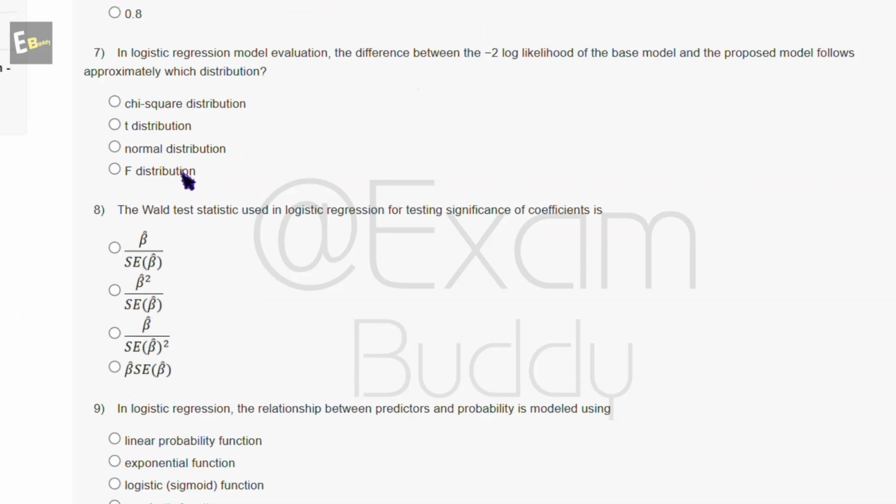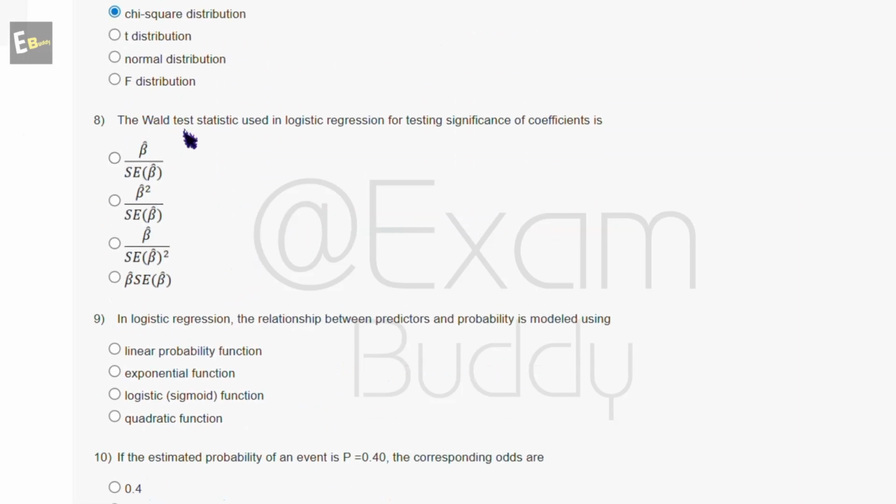C. Question number 7: in logistic regression model evaluation, the difference between the minus 2 log likelihood of the basic model and the proposed model follows approximately which distribution? The answer is option A. Question number 8: the Wald test statistic used in logistic regression for testing significance of coefficients is... and the answer